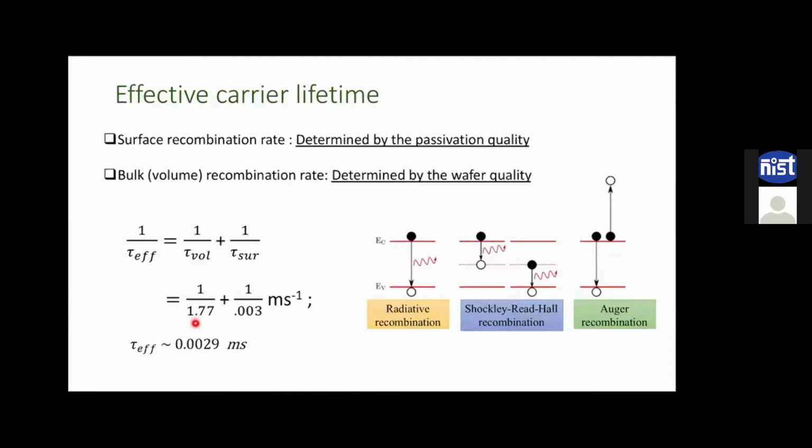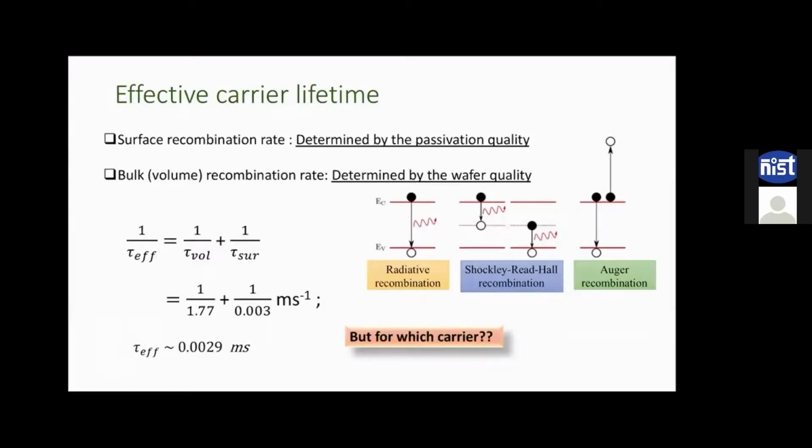So putting all the values, if you have chosen a 2 millisecond lifetime for the bulk crystalline silicon and the passivation quality of your surface gives you around 3 microseconds of lifetime at the surface, effectively the lifetime of your photogenerated carriers inside your silicon is very, very low, of the order of 3 microseconds. So this indicates that if you choose a very good quality crystalline silicon wafer having very high bulk lifetime to make your solar cell, and obviously that is what you look for, but you cannot passivate the surface, meaning the surface recombination rate is very high, then you are again losing everything, because finally your effective lifetime of the carriers is determined by the quality of your surface passivation.